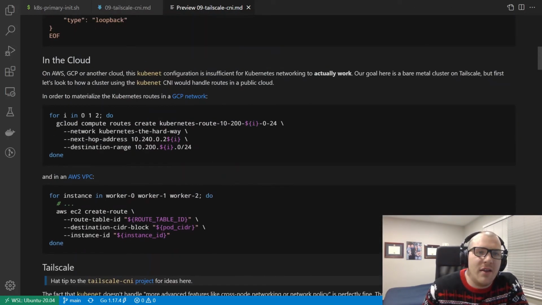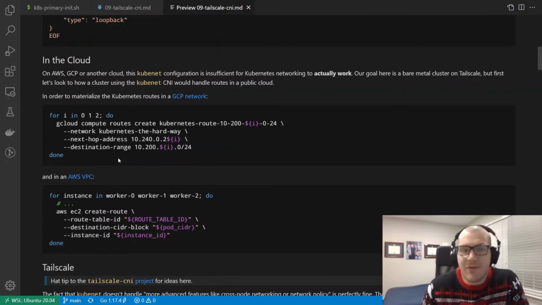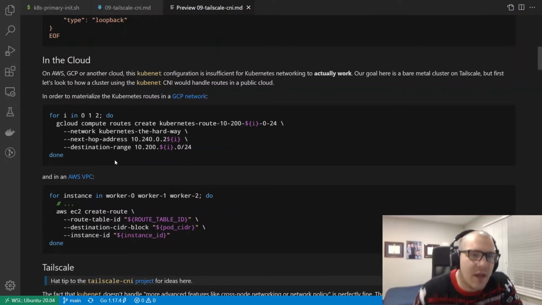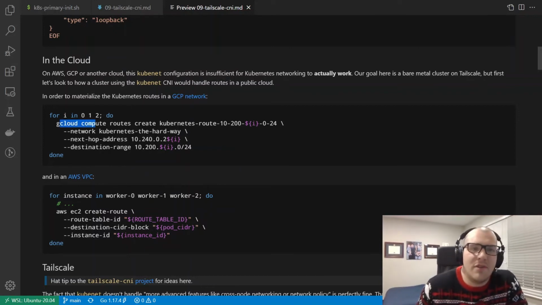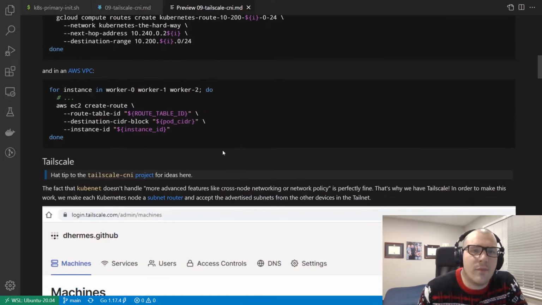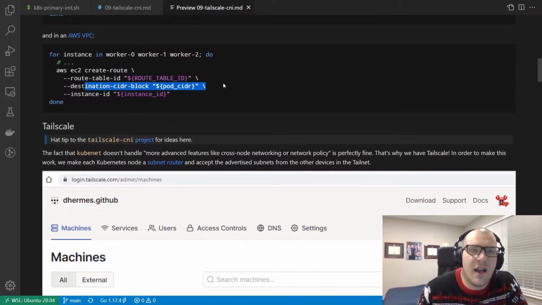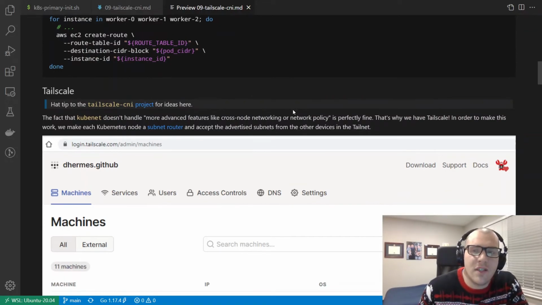I did mention if we were in a public cloud, we would have to do this in a different way when using host local addressing. So the way it happens in Kelsey's Kubernetes the Hard Way is there's a manual creation of routes for each of the nodes. And similarly in the AWS flavored Kubernetes the Hard Way, it is essentially the exact same thing, adding routes to a route table for the given instance and the given block or subnet that the instance is in